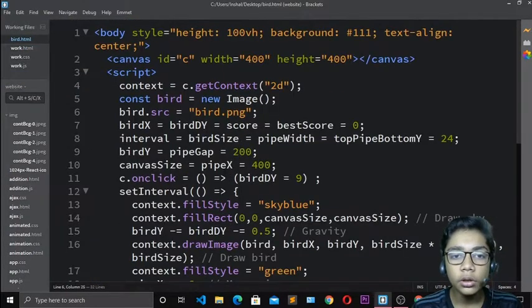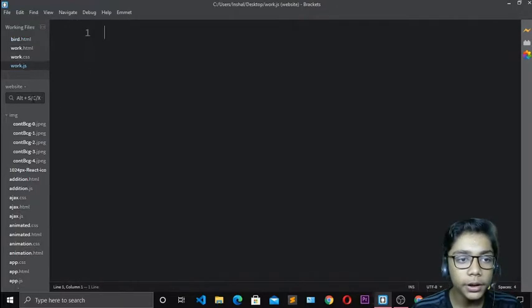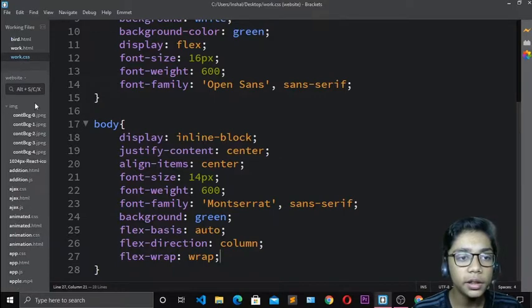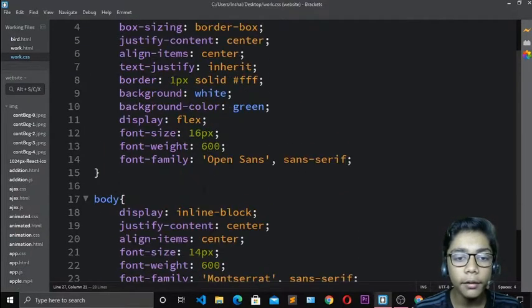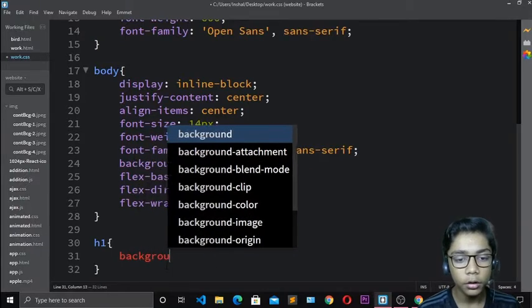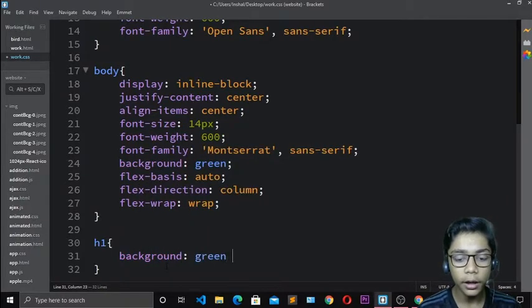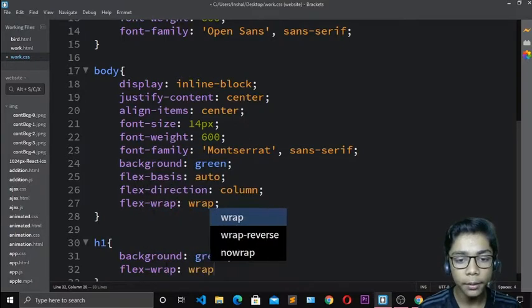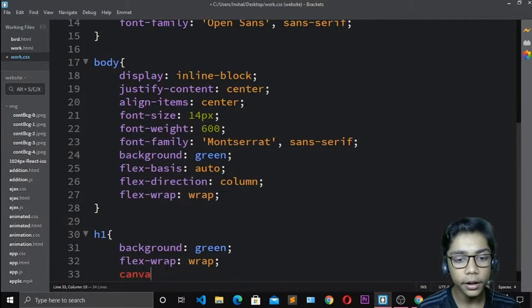And now when you've done all these things, you have to go to the top, come over here and go to CSS, and erase this JavaScript file. Now we have done our rectangle over here. Come over here, write h1, write background should be green, and write over here a tag which is called flex wrap should be red, and over here write canvas should be element. Now we have done. You have to hit save.